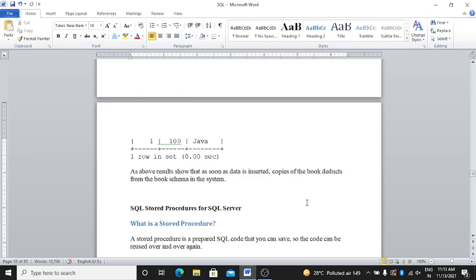As the above result shows, as soon as data is inserted, the copy of the book is deducted from the book schema in the system. Clear?